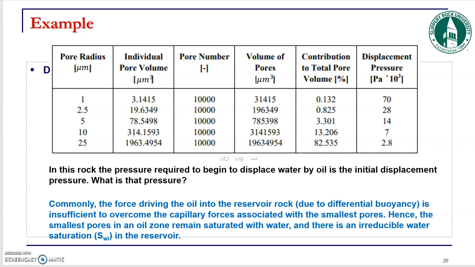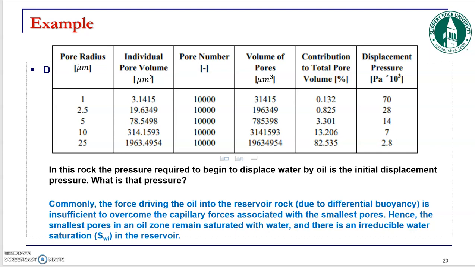And then the third column is the pore number. It means how many of these pores with this size are inside your fictitious core. So it's 10,000 for all the sizes. Therefore, if you want to calculate the total volume of the pores which have a 1 micrometer radius, then you just multiply the number of pores with the individual pore volume. It gives you the total volume of each pore size, right? Okay, so we have this information, and